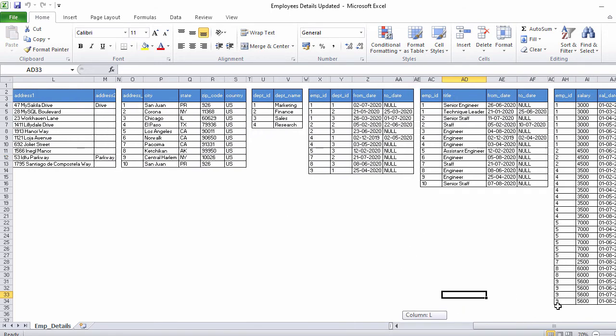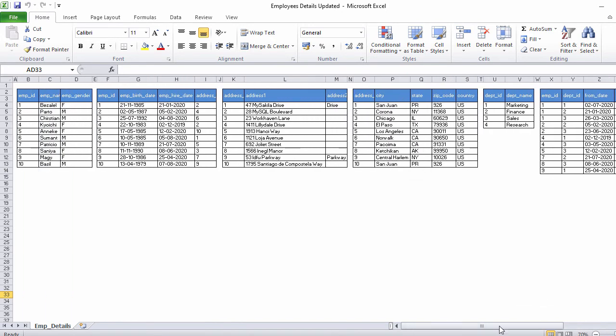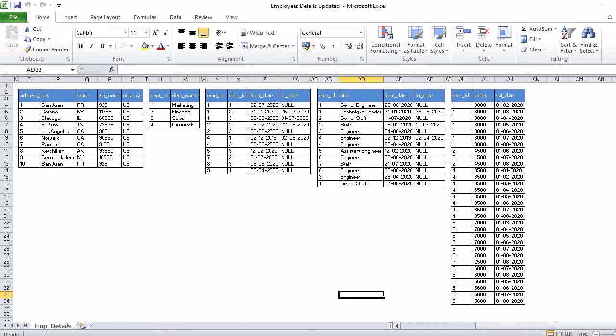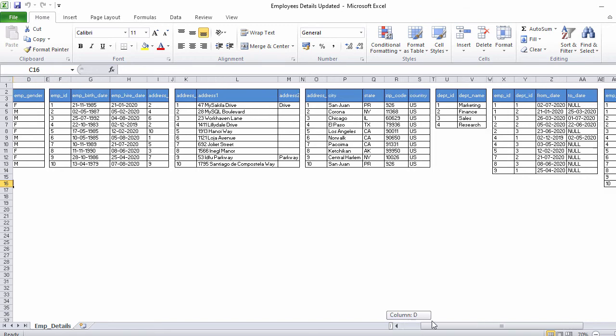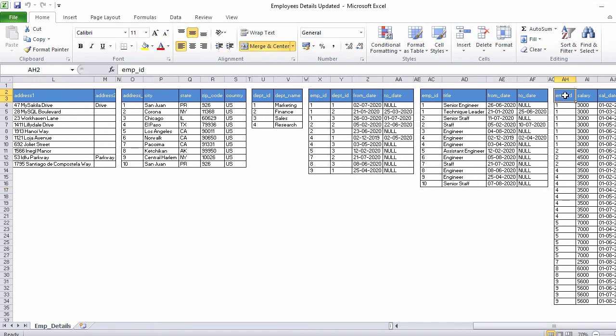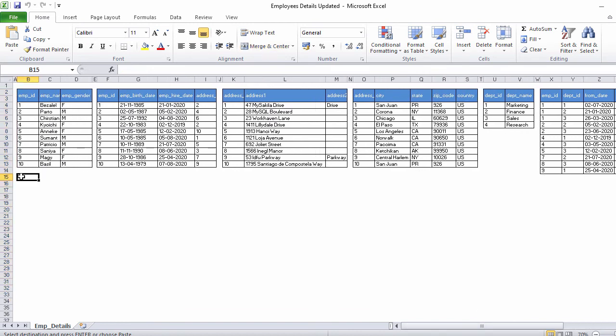Now as you can see, our Excel is ready, having all these tables, but the problem is that if I want to see all the tables, I have to scroll. So for that we're going to rearrange all the tables. After the first table, I will copy one more table having three columns. I select this last table because it has three columns, cut it and paste it below my first table.